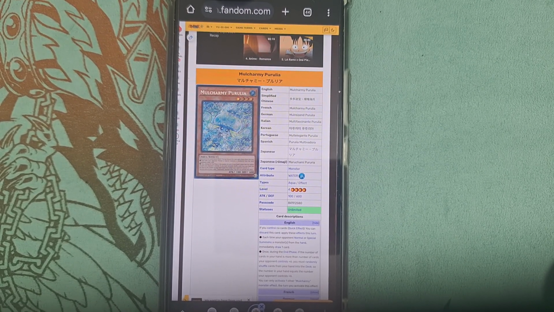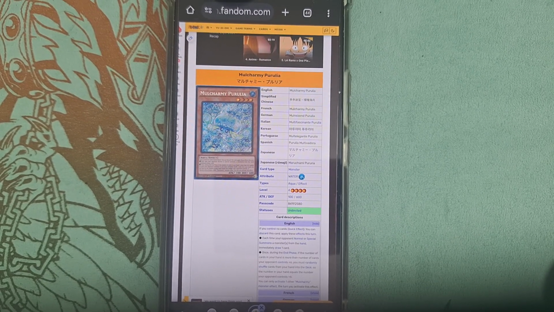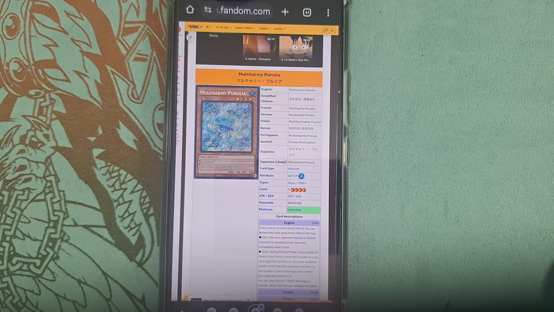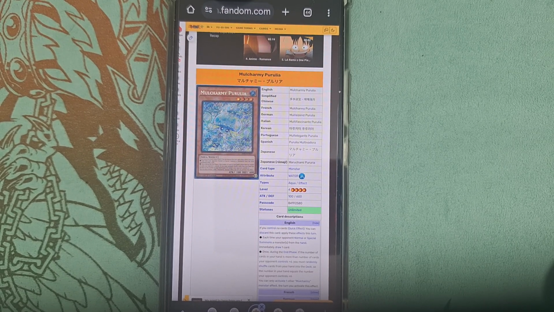So starting off with the first of the lineup for the Mulcharmies is Mulcharmy Puralia. This is a level 4 water attribute aqua type monster with 100 attack and 600 defense. Do note that each of the Mulcharmy monsters share a similar motif: they are all level 4, they have 100 attack and 600 defense, and they have an effect that, during the end of the end phase,